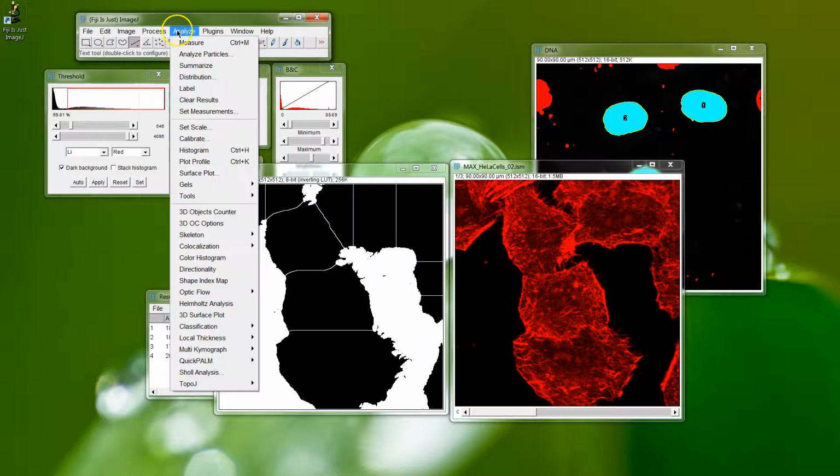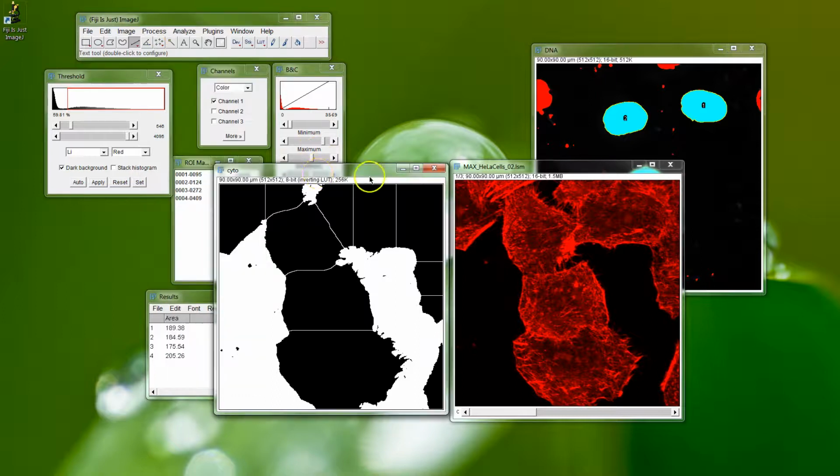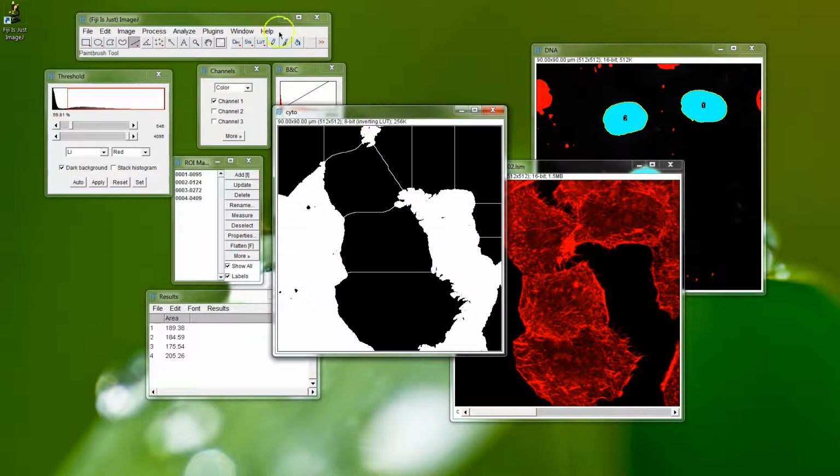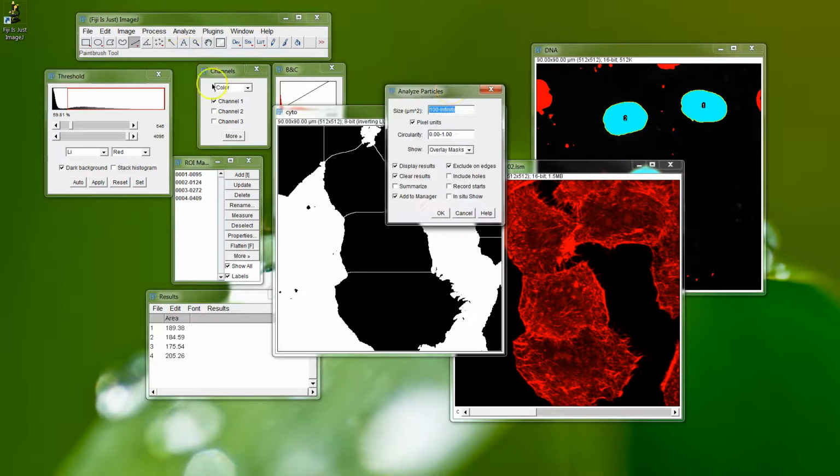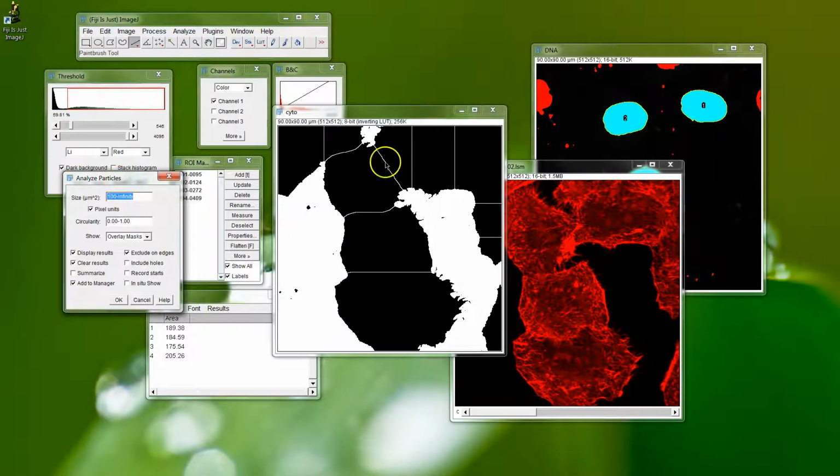And you can go ahead and do the analyze particles on this one. So bring in the image you want to the front there, analyze particles, and now what we would want to do is try and not include these smaller ones. We can use a combination of size and circularity, and so these will need to be played with. And I'm going to guess on this to be, let's just try